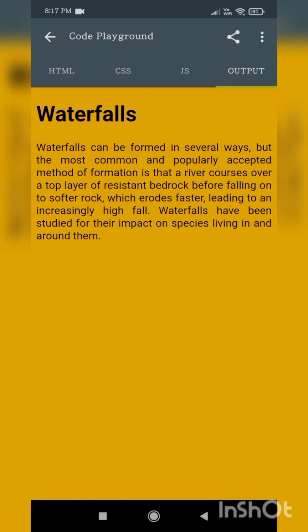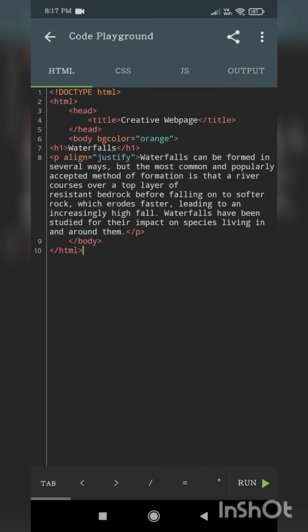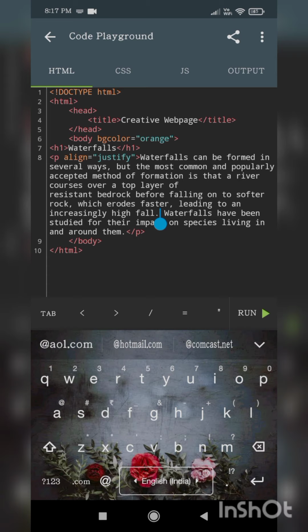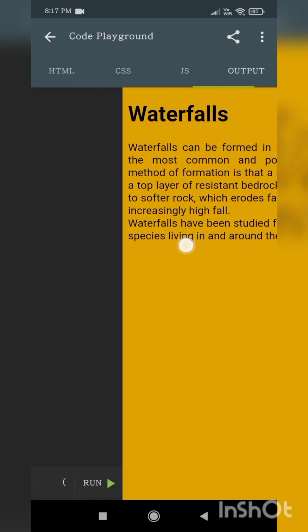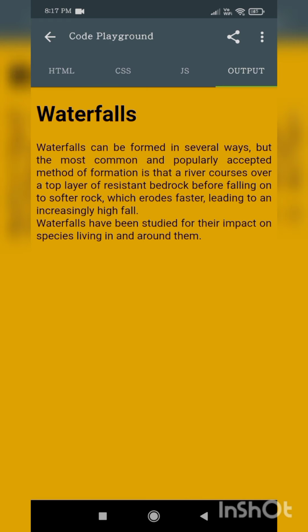Okay, so now I will use break tag here. Here after this fall I want to use break tag. BR tag. Break means this tag breaks the line and displays the text in a next line. Let us see. Yes, by using this break tag, what did you observe? Here the line was broken.